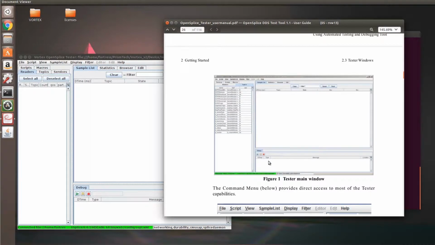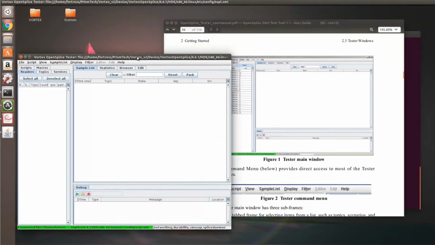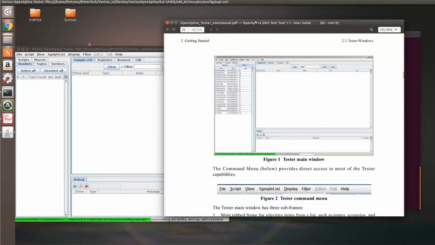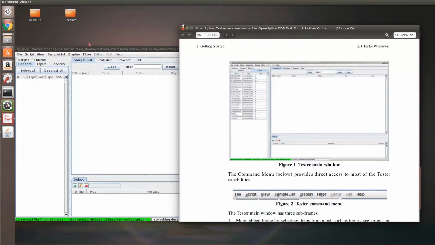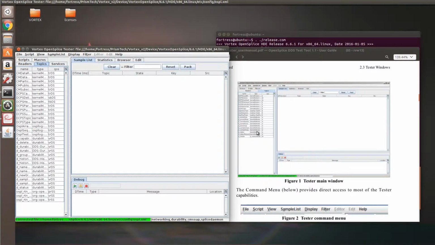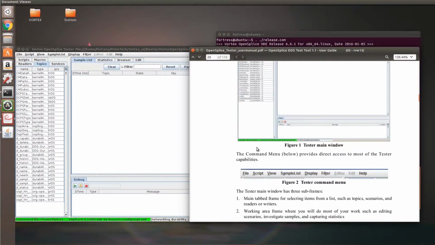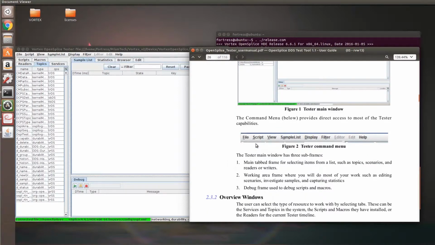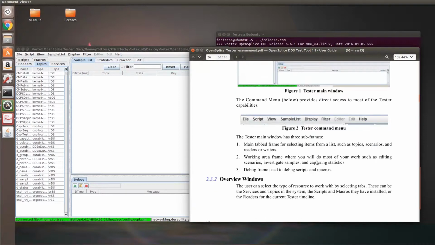Now we'll look at some of the basic functionality of Tester and how it can help you interact with the OpenSplice domain. What I'm going to do is run through some of the user guide to introduce you to this, and also to help you later look through some of the actual functionality of Tester as opposed to some of the more passive functions. Here you can see the tester main window,